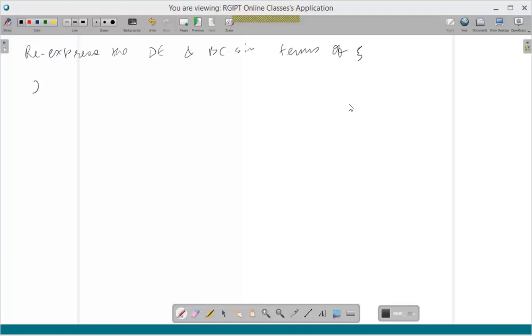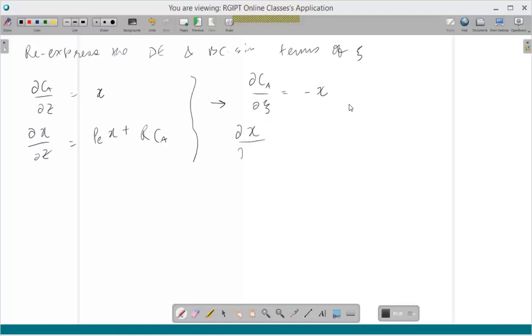We had del CA by del Z equal to, I call it X, and del X by del Z equal to Peclet number into X plus RCA. This is what I had, right? This would change to del CA by del zeta equal to minus X, and del X by del zeta would be equal to